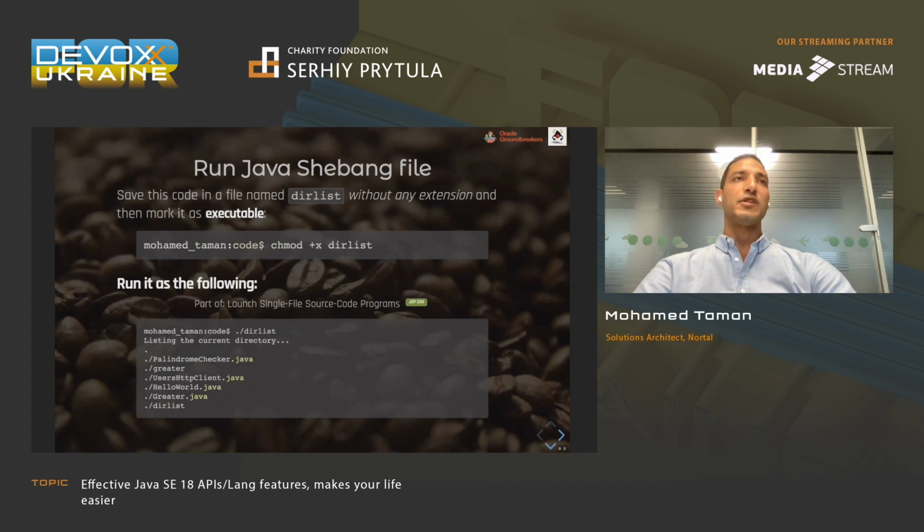I use this feature heavily when I would like to do black box testing for my services running in some certain environment, because I can call REST APIs and WebSockets using the new JDK modules we are going to talk about, which is the JDK internal net, the new net module.